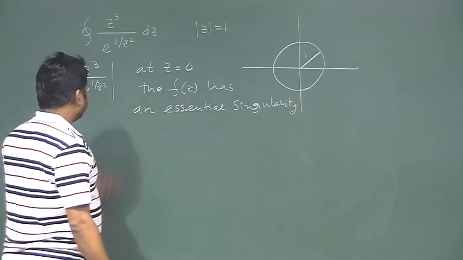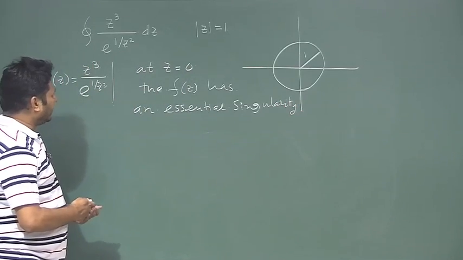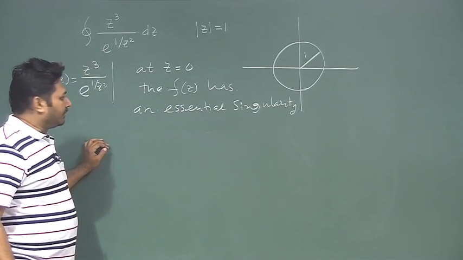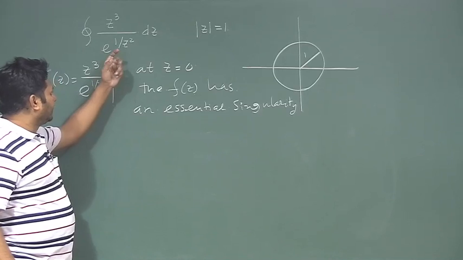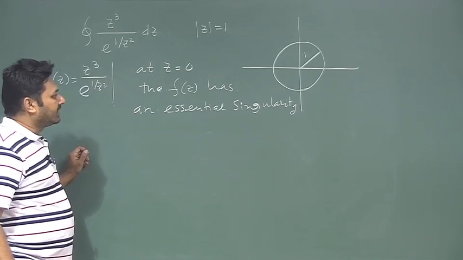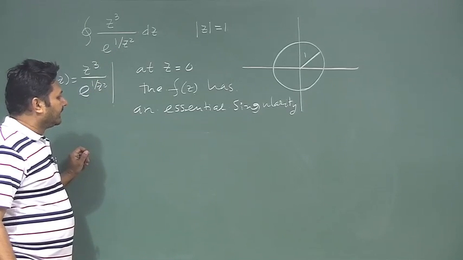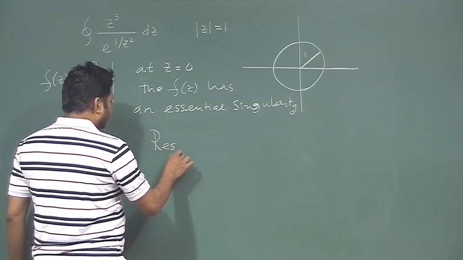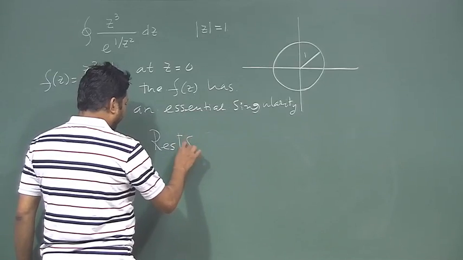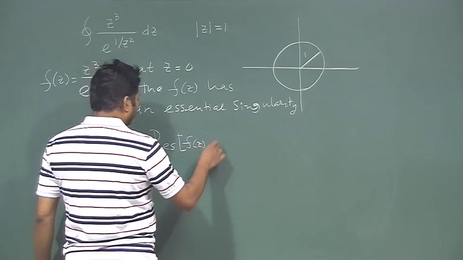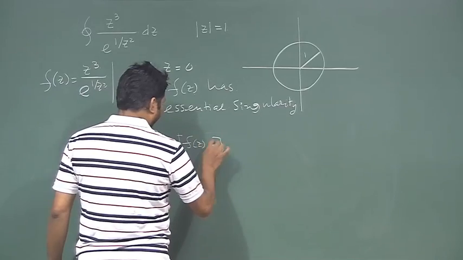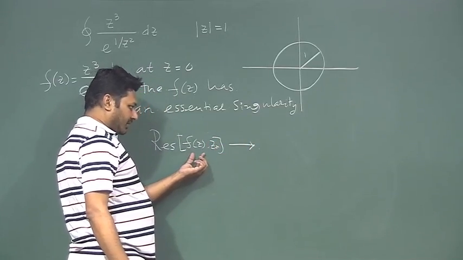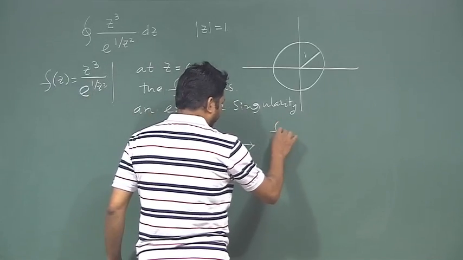Now, if the function has an essential singularity, it is difficult to find the residue in our standard form, because there is no way we mention what happens if there is an essential singularity. For example, in this case we have an essential singularity, but our goal is to find the residue. The residue of a function f(z) around some point z0 is, if I expand this function in a Laurent series, once again I am reminding you,